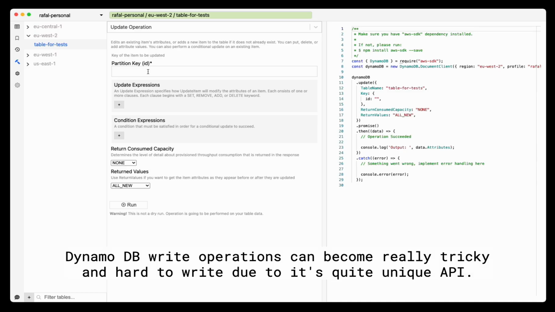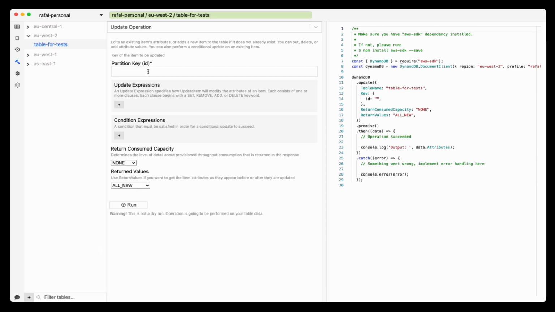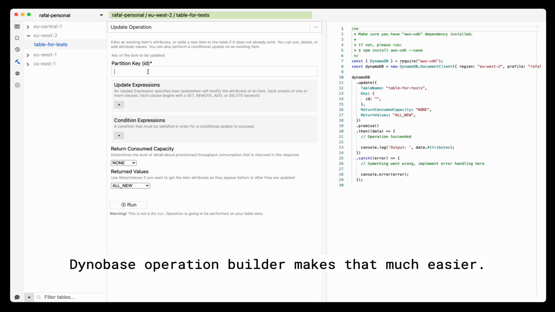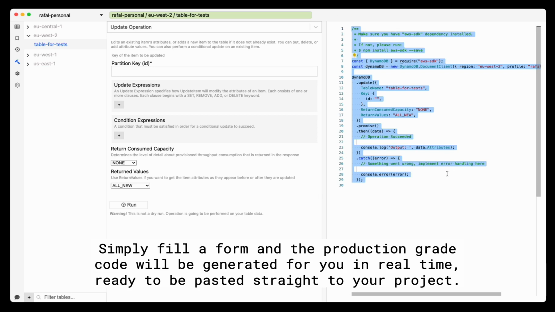DynamoDB write operations can become really tricky and hard to write due to its quite unique API, especially if you'd like to create complex calls including condition expressions. Dynobase Operation Builder makes that much easier. Simply fill a form and the production-grade code will be generated for you in real time, ready to be pasted